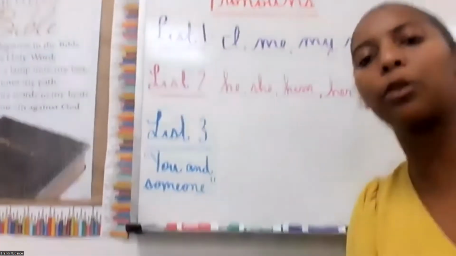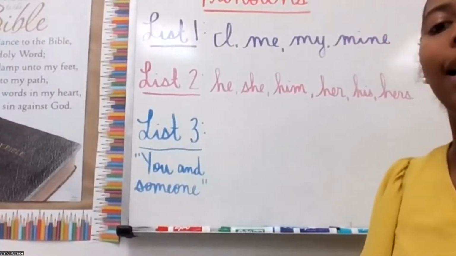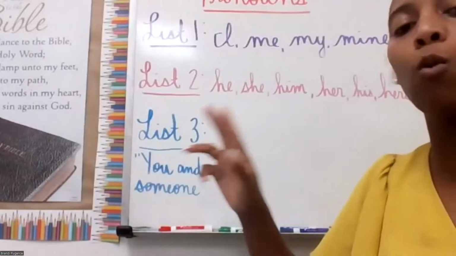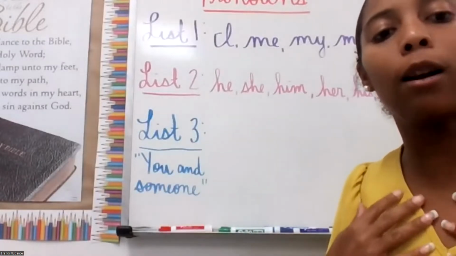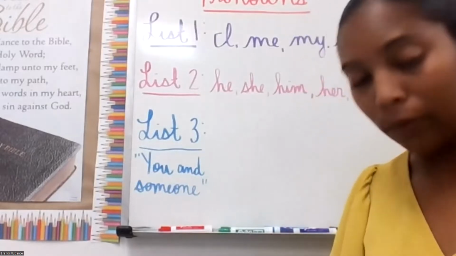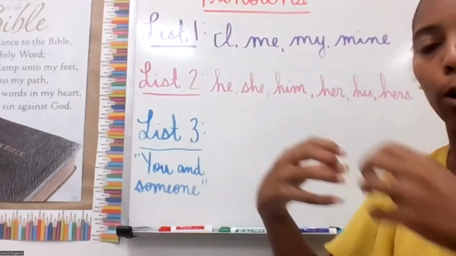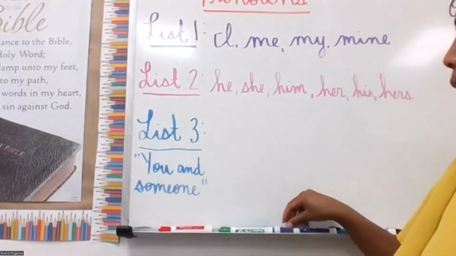So today I'm going to introduce list 3 to you. List 3 pronouns cover pronouns that take the place of you and someone together. So not only you, but if you and someone are together. You and someone, you and a person, if you're together, okay? So instead of me saying,